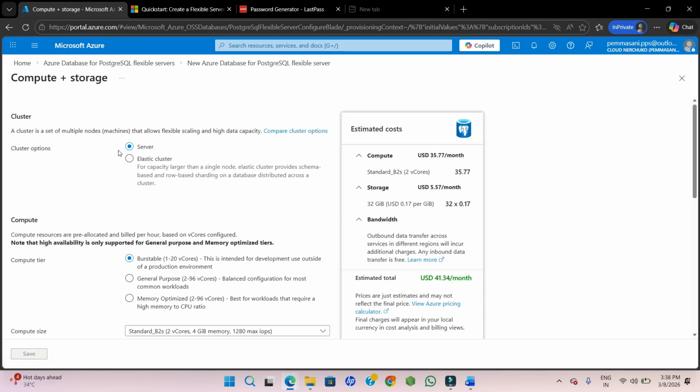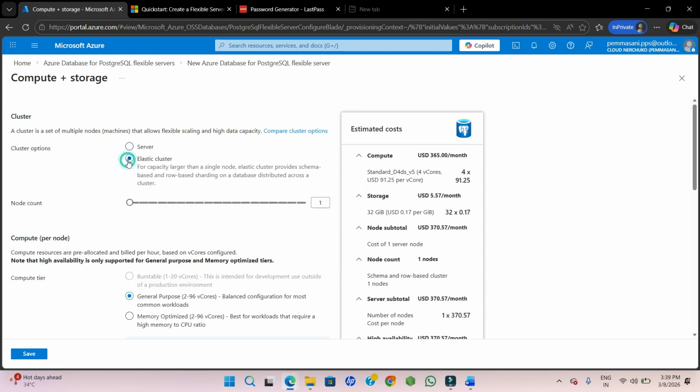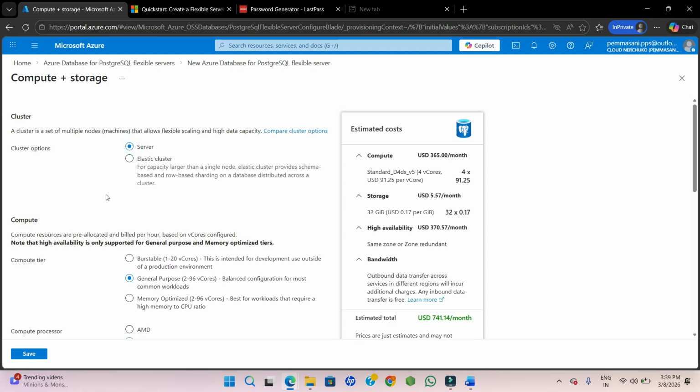We have two types of cluster option. The first one is the server itself. It's just a single server. And then if you want an elastic server, you can choose the second option. And here you need to choose the number of nodes for your cluster. So for this demo, we will choose the single server